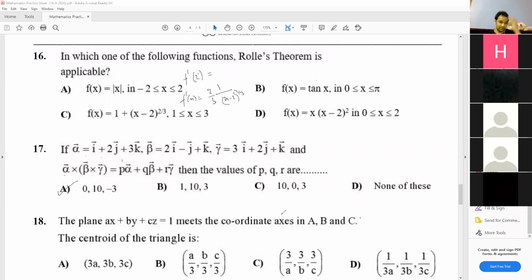Okay, question number 18, ये पहले वाले question का reversal हो गया। We had a very similar question prior to this, ये इसका basically उल्टा हो गया। Now in this case the plane is given as ax plus by plus cz equal to 1, then what will be the centroid of the triangle? So x by 1 by a plus y by 1 by b plus z by 1 by c is equal to 1, so 1 by इसका by सबका by 3 कर दो, so 1 by 3a, 1 by 3b, 1 by 3c will become the centroid of the triangle।